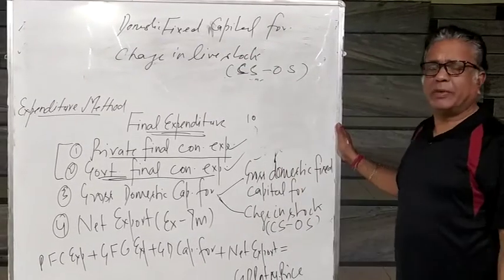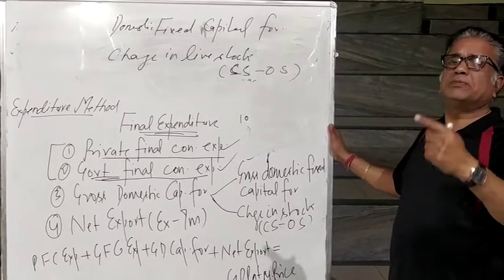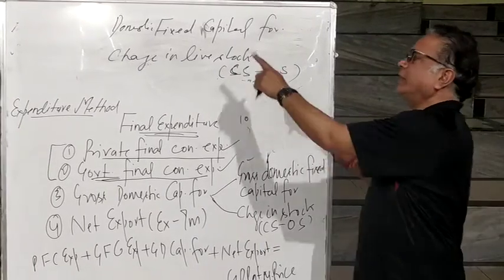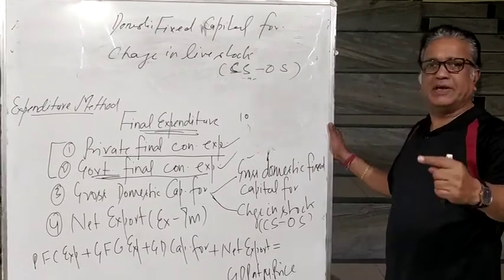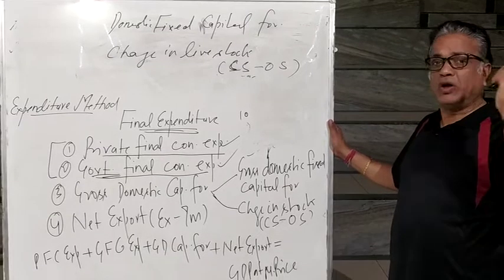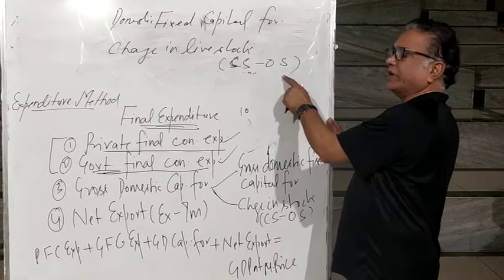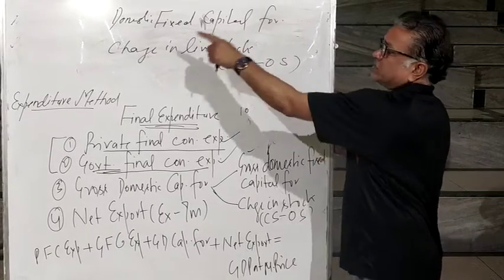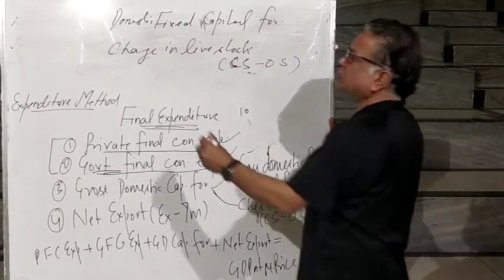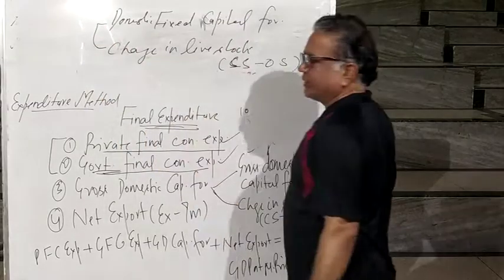Here what type of capital do we add? The capital which keeps on changing, like in dairy farming. The capital is the cow. That stock keeps on changing. That's why, how do we maintain it? We keep the closing stock and the opening stock. And closing stock minus opening stock is change in livestock. This together is the total capital.